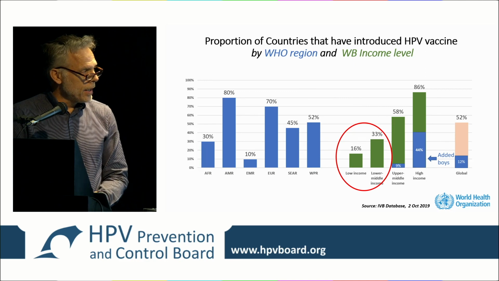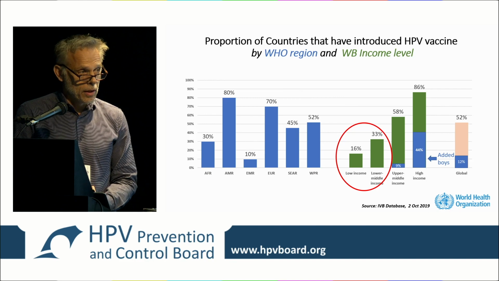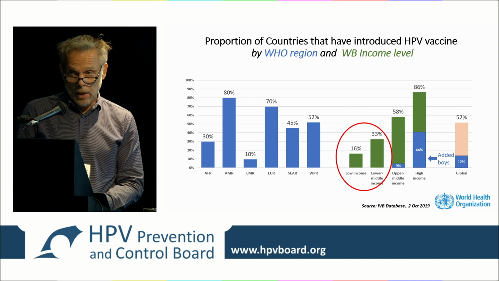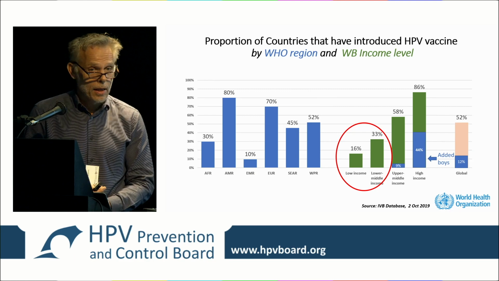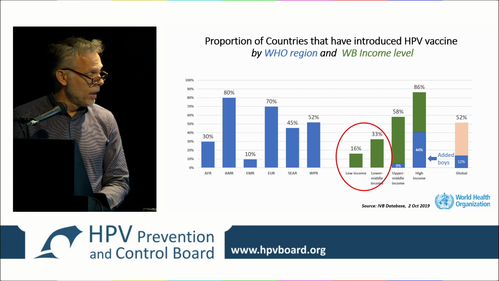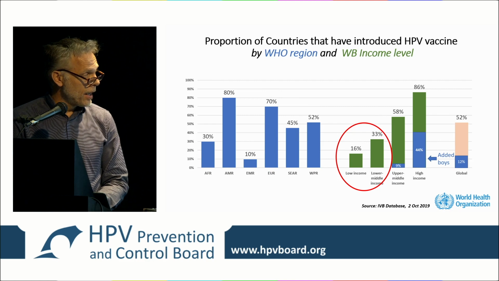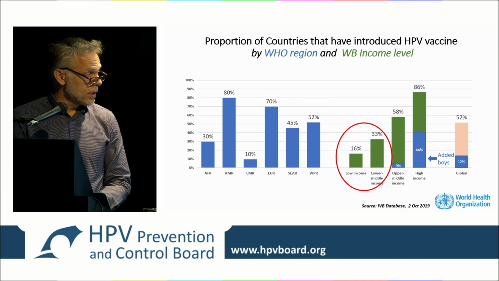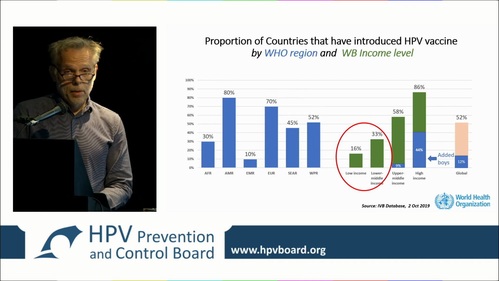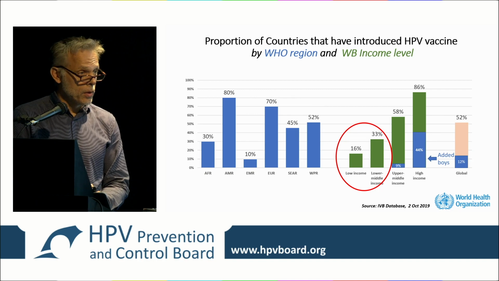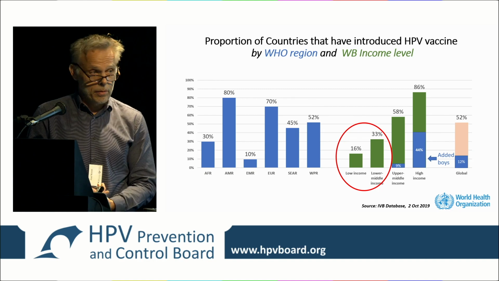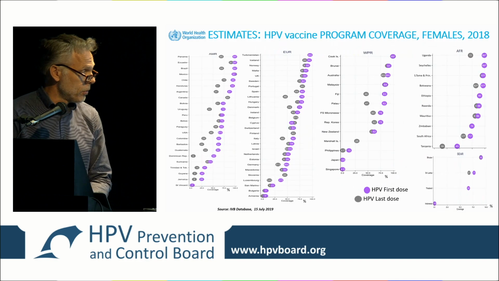So what you see here is that in the last couple of years, a big number of countries have added boys. We just heard UK added last month, but this year several more were added. We see it mainly in the high-income countries, but we start seeing it in some of the Latin American upper middle-income countries as well. So this is partly good news, but when we come to supply, we will tell you why it's not so good news as well.